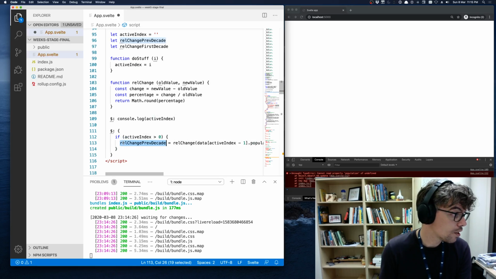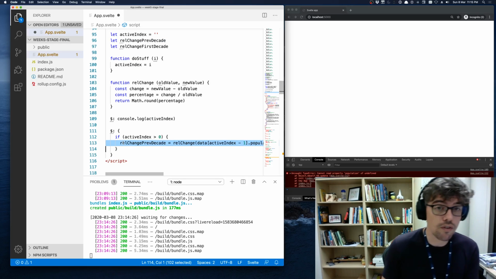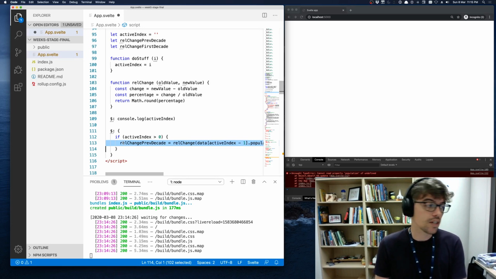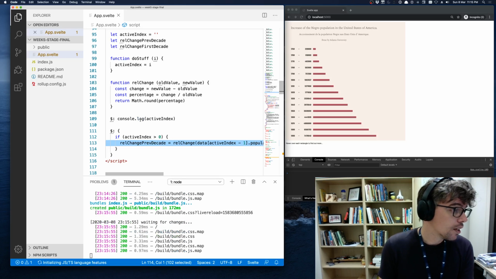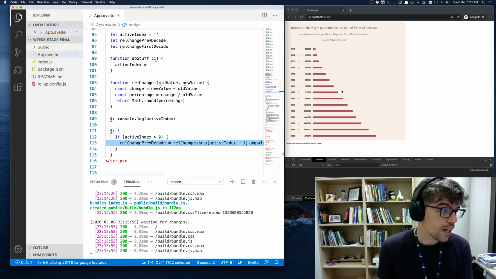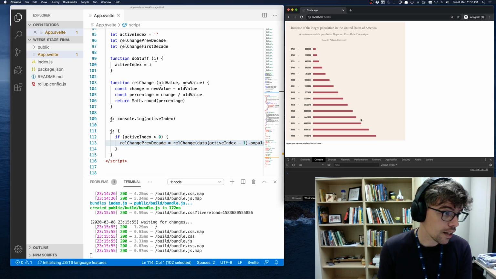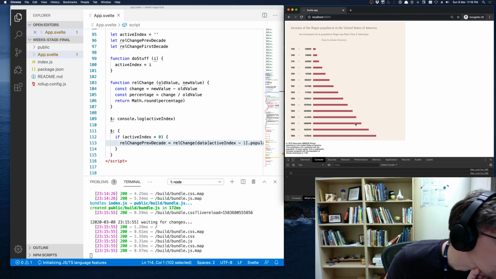So this line 113 here will never run if the active index isn't larger than 0. So if it isn't 1, or 2, or 3. So now I save, my chart is back here,